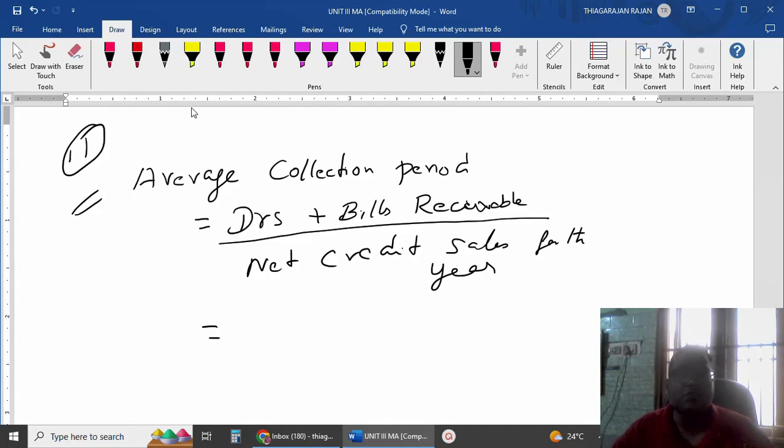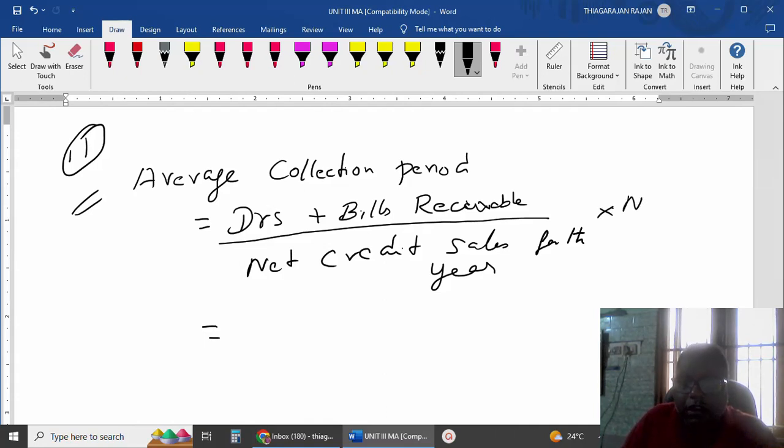You have to mug up the formula. Average collection period is equal to debtors, meaning sundry debtors, plus bills receivable divided by net credit sales for the year